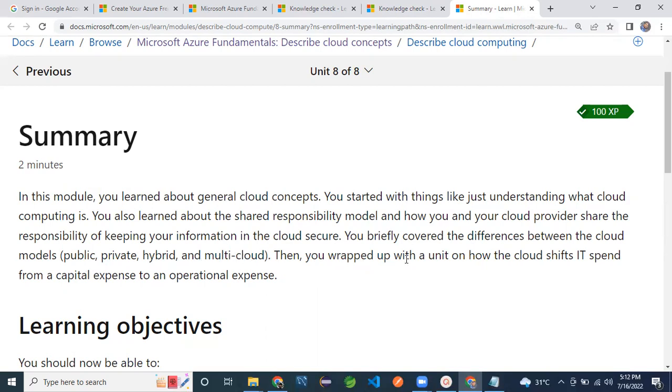Then you wrapped up with a unit on how the cloud shifts IT spend from capital expenses to operational expenses. This is also very important in terms of saving cost. Operational expense goes as a pay-as-you-go model: as much as we use, that much we pay. So this is the brief summary.